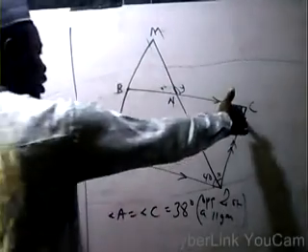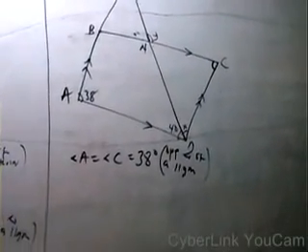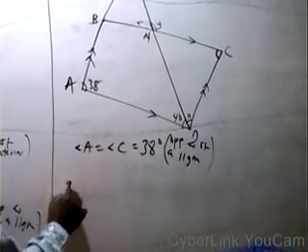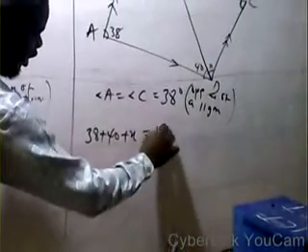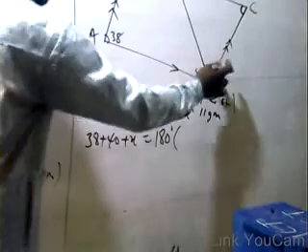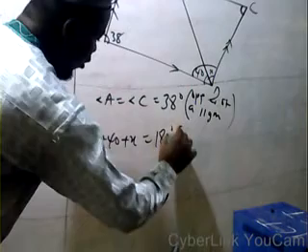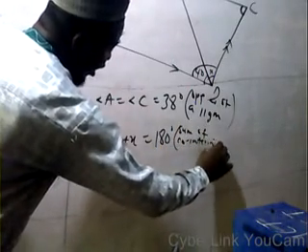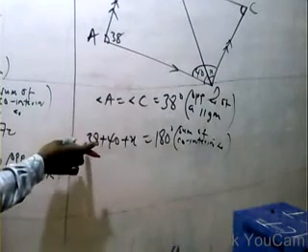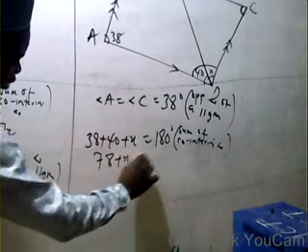So if this one is now 38, then we can say that the sum of this angle and this angle is 180 degrees. That is co-interior angles. So in that you can say 38 plus 40 plus X equals 180 degrees. The whole of this angle and this angle is 180 degrees. That is the sum of co-interior angles. So in that case, 38 plus 40, that is 78 plus X equals